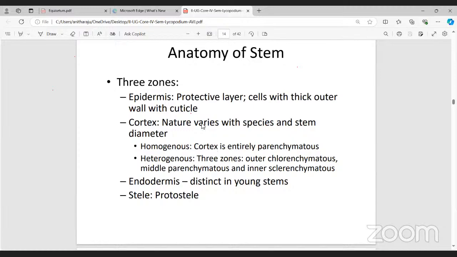Next, after this, the end of the cortex is the endodermis. This is distinct in young stems. This is also actually not given. Endodermis is similar to epidermis, a single layer without intercellular space. And here the stele type is protostele. Proto means